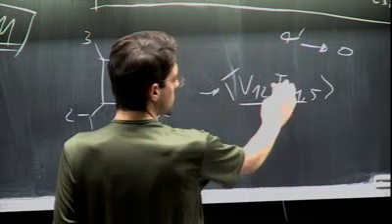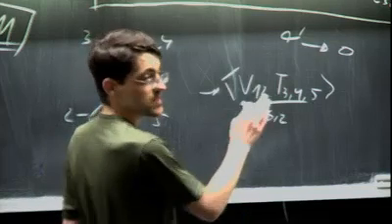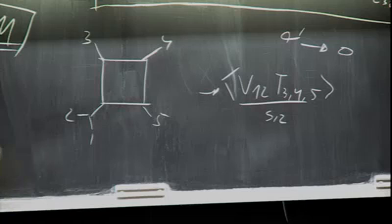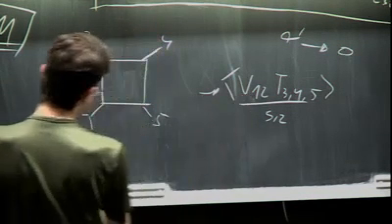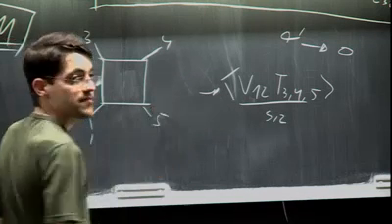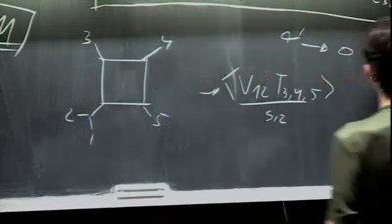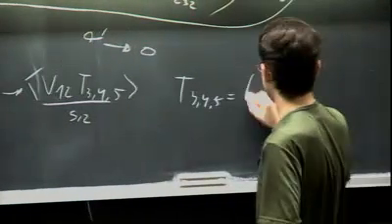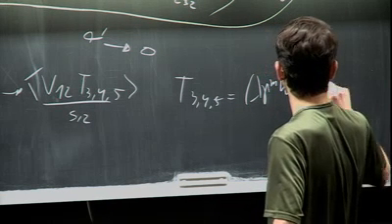I didn't tell you what this T 3, 4, 5 is, because I simply didn't explain anything about the one loop prescription, but you see that this V12 is associated to this here in a very intuitive way. So, just for completeness,